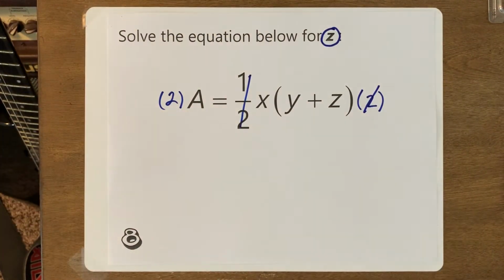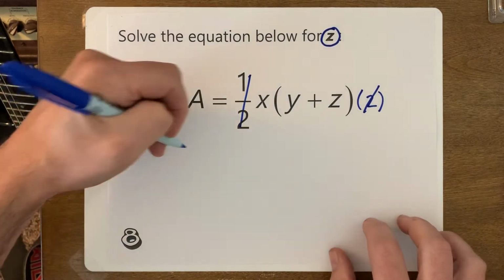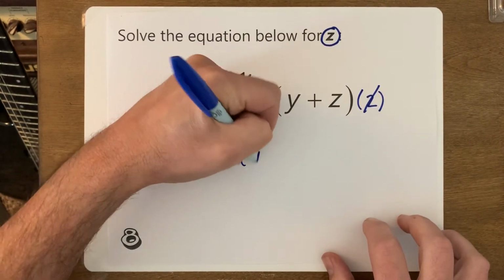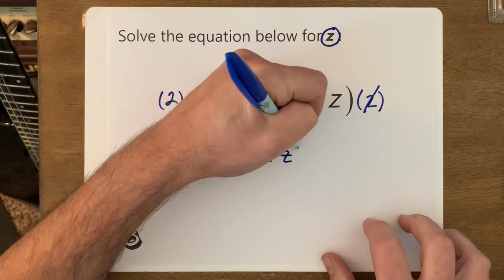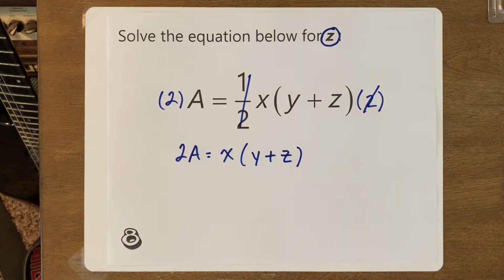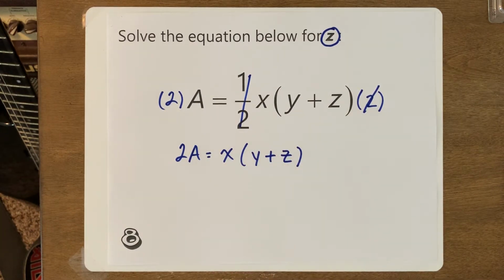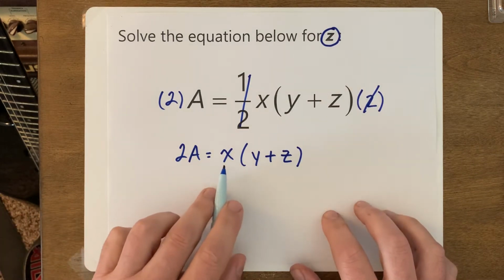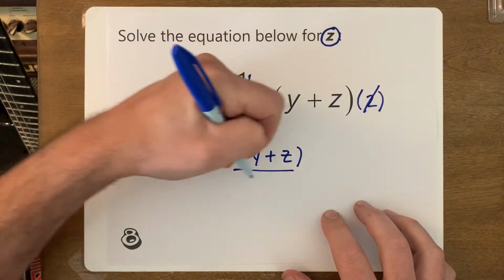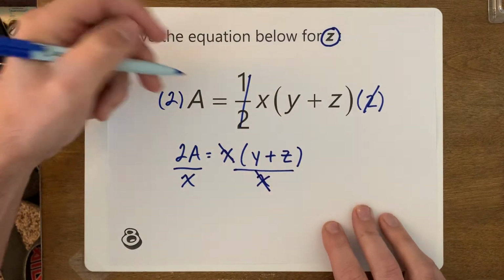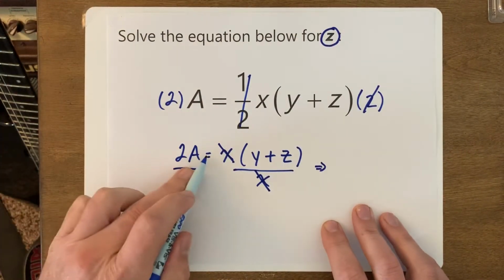And I really hate dividing by fractions. I'd rather just multiply by the multiplicative inverse. So what I get now is 2a equals x times (y plus z). So what do students always say now when I say what to do next? They always say distribute. If I distribute that x, I'm not going to help myself out at all. So what I'd rather do is just divide both sides by this x right here to move it over underneath like this. And what I get now, just to save some room here, 2a over x,